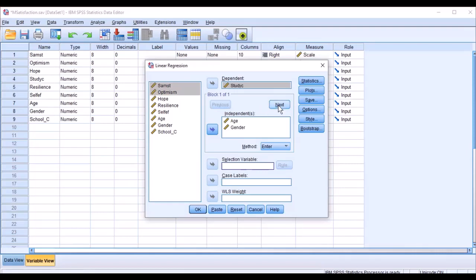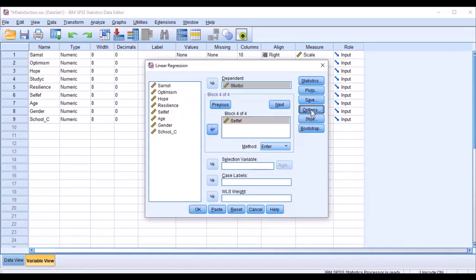Then I say next, and I can enter maybe this one, and I say next. So when I finish entering the variables I want,